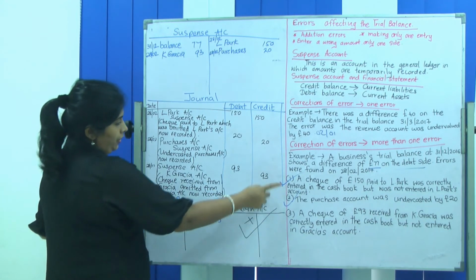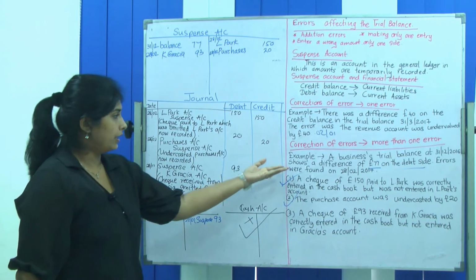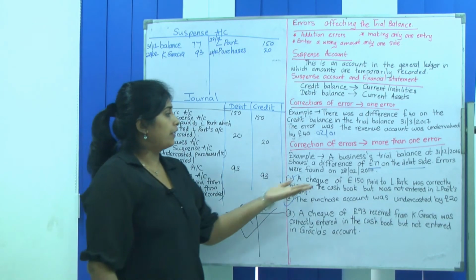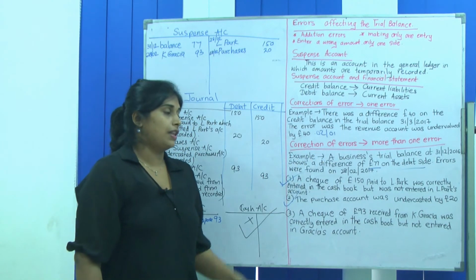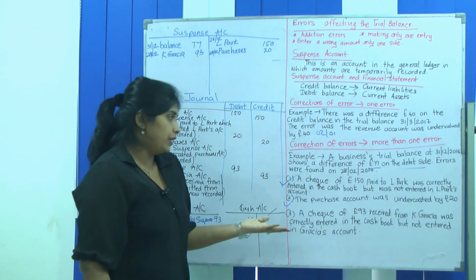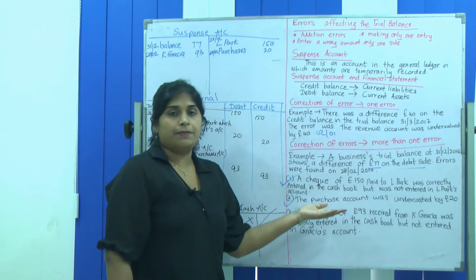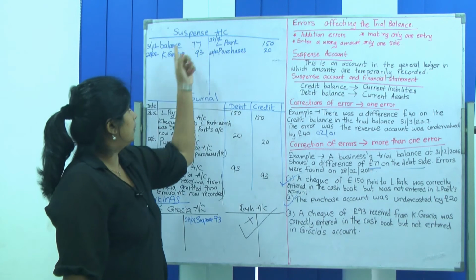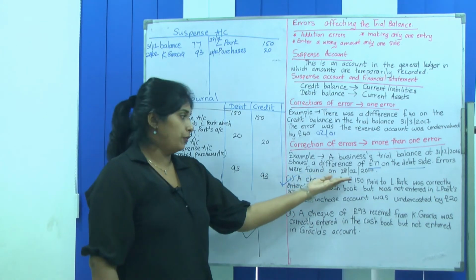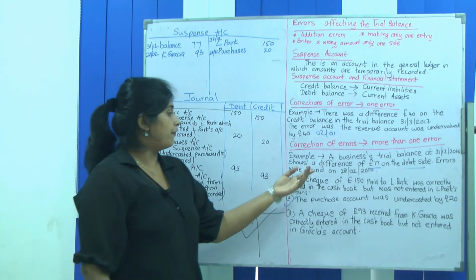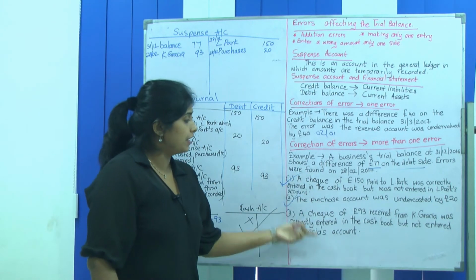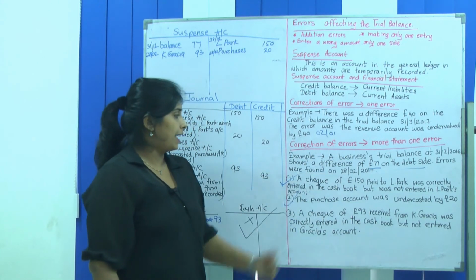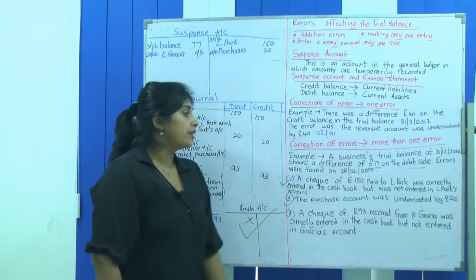Okay, so there was a shortage on the debit side of the trial balance of a business. As soon as they found out there was a shortage on the debit side but couldn't find the error, to make the trial balance agree they opened a suspense account and debited the amount to it. Then after a few months, on 28th of February, they found that these three errors alone caused the shortage on the debit side, and they started to correct them.